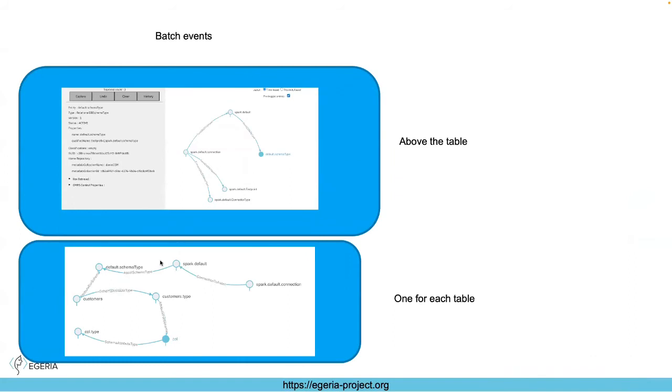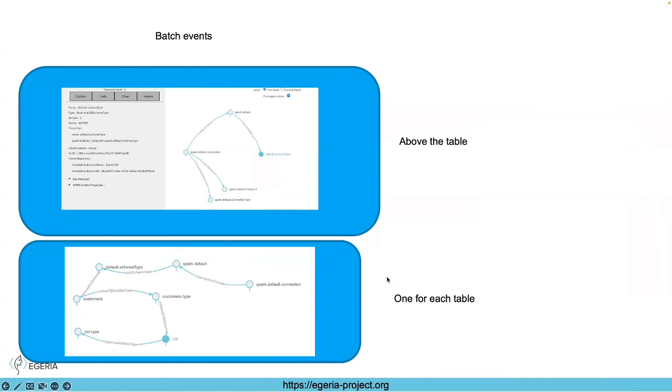So this is, when I mentioned there's two types of batch events, this is what the top one is, when I said above the table. Then this has a connection, it has a schema type, and I think that's the database. Yeah, this is the database, and this is one used when connecting into the data engine, which is the IBM Cloud endpoint that I talked about, which uses the default catalog name of Spark.